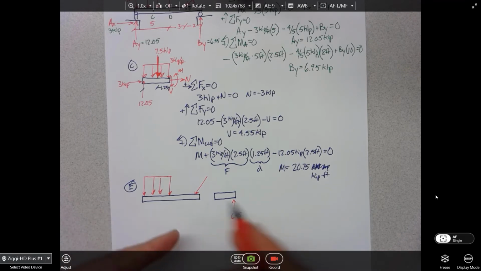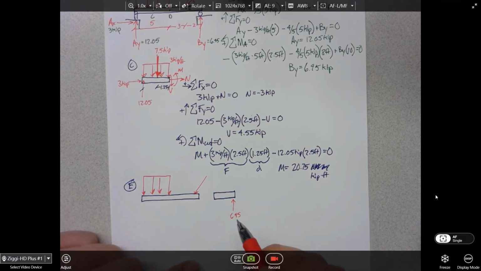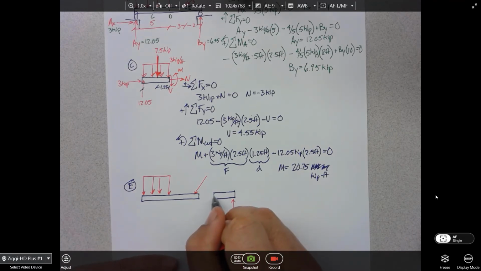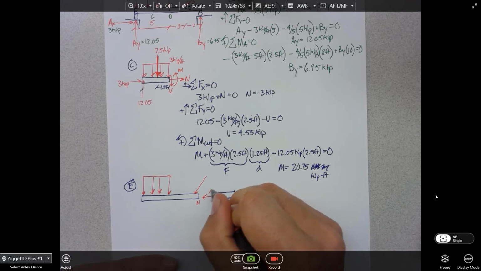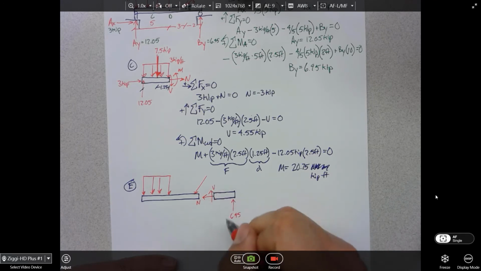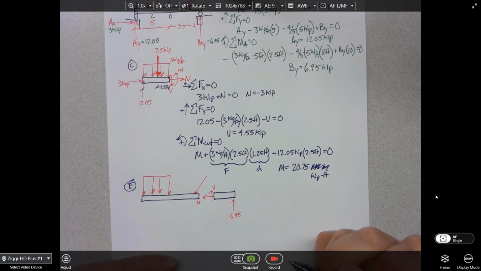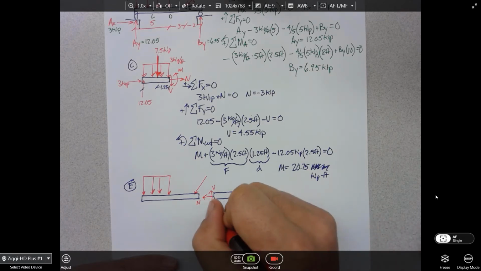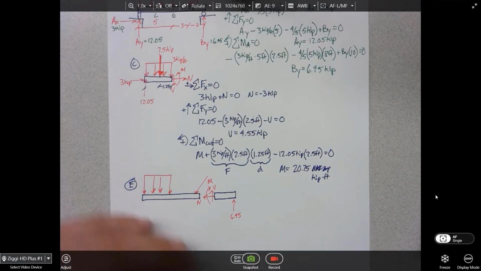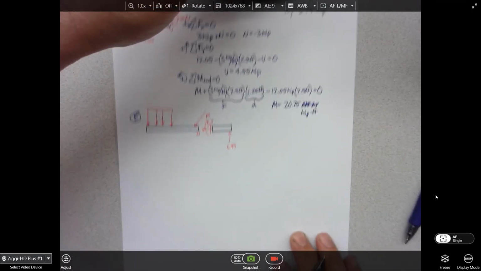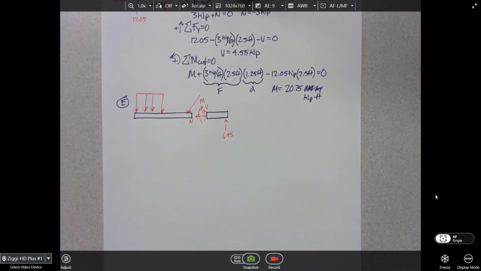Okay? So what would the forces at the cut face be if I look at the right-hand side? Normal, and which way does it go? Out of the face, right? Shear, up or down? Up, because it causes clockwise rotation of the member. Moment, clockwise or counterclockwise? Clockwise, why? Concave up, or a happy beam, right? Okay?